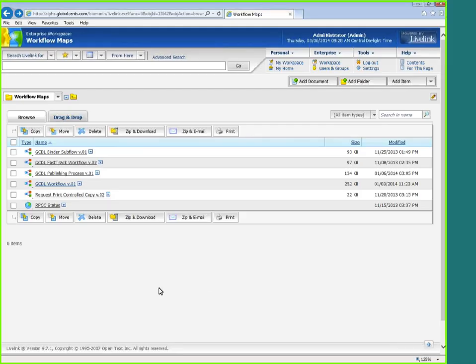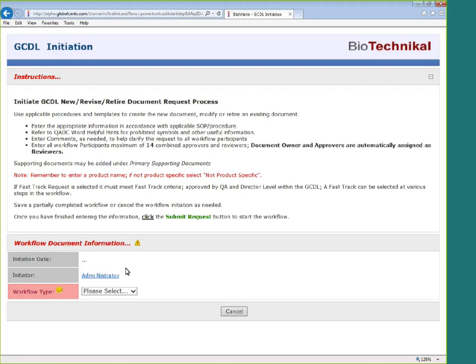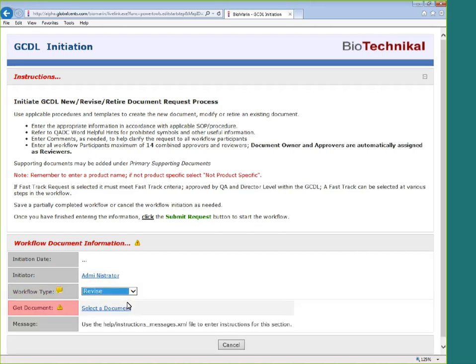This is a start step view. I'm going to show you a start step view that's in production at a major biotech company. When the page opens, it's pulling business rules from external tables to determine how different document types should be handled. As you can see, this view walks the end user through the process of selecting the document to edit and the workflow fields that should be filled in.